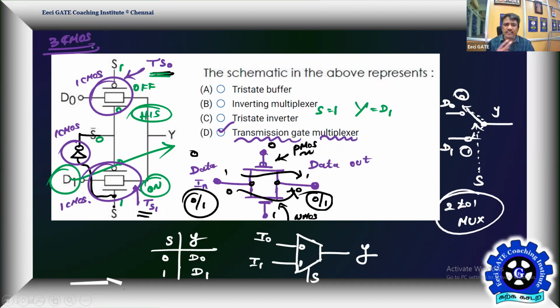If you go by the functionality, assuming AOI implementation, you'll feel the cost of the implementation is more. This is going to involve less cost and also going to give the most important high impedance state. When Y is connected to D0, there is a high impedance state between D1 and Y. When Y is connected to D1, there is a high impedance state between Y and D0. High impedance state is offered only by transmission switches.